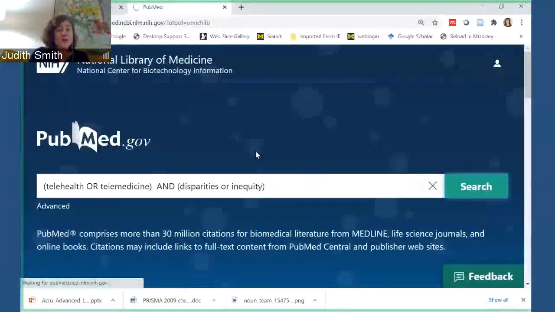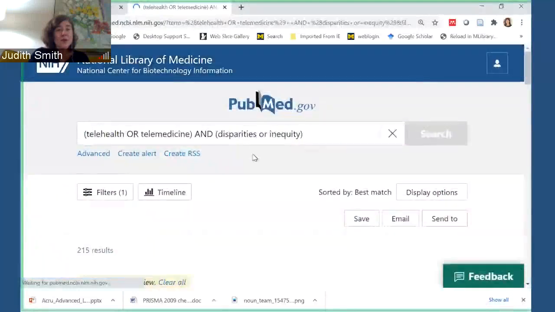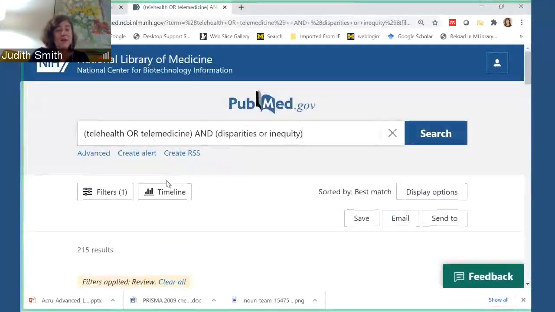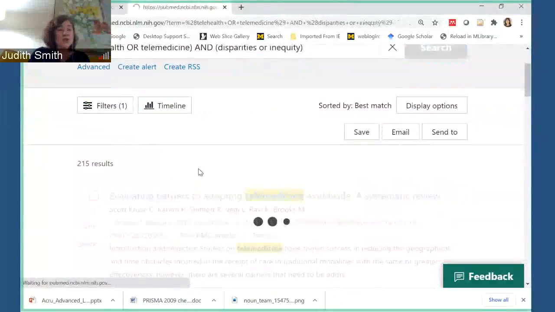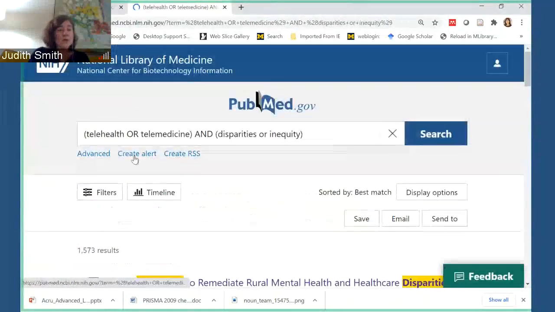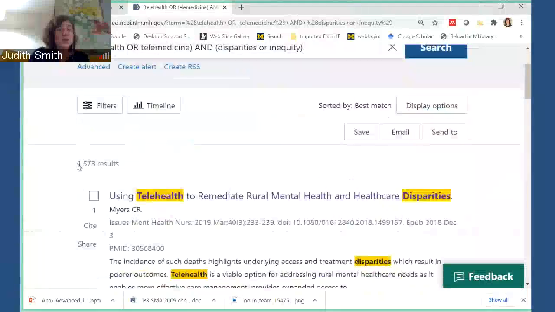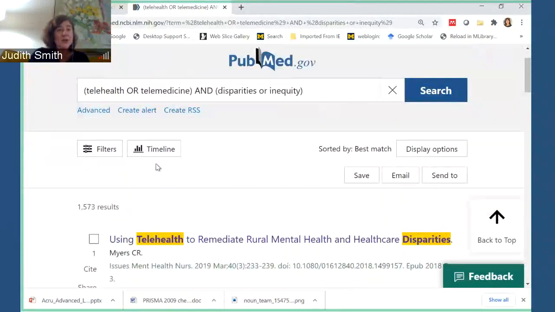What you can also do to help you with finding relevant items is you could filter to review articles. So you can choose review articles, and that way you can see who's already conducted reviews on your topic. I'm actually going to go back to filters, and I'm also going to choose to find systematic reviews.